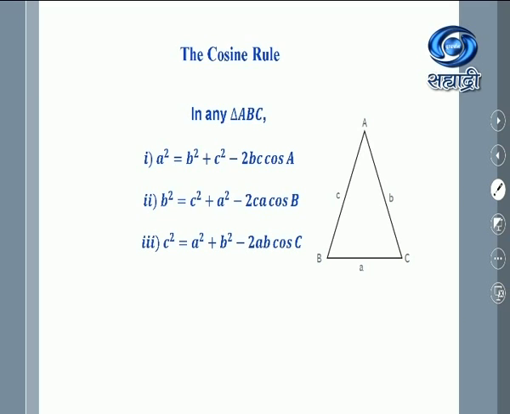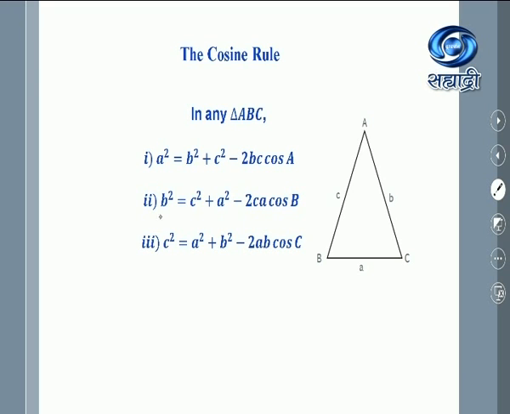The trick I tell you how to remember. The cyclic order you will have to follow. See what is the cyclic order. A, B, C you got here, or you may say A square, B square, C square. Here B square, C square, A square, and C square, A square, B square. Suppose you want to write for A square with the cyclic order, write down B square plus C square minus of what? Minus of 2BC and cos of angle between B and C. See, this is B and C and we have cos of angle between the sides B and C.